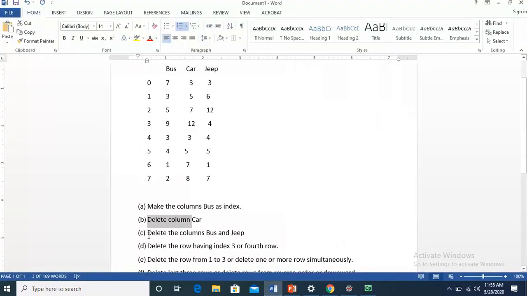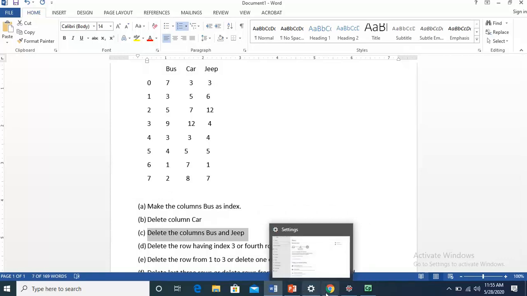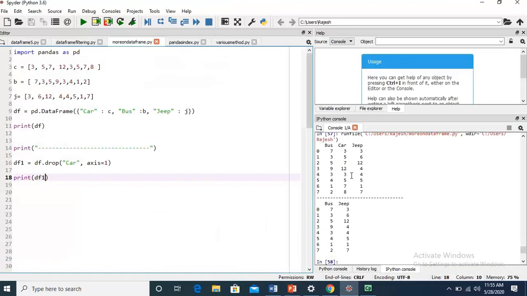Now the next: delete the columns bus and jeep. We have to delete bus and jeep, so we have to use more than one column.